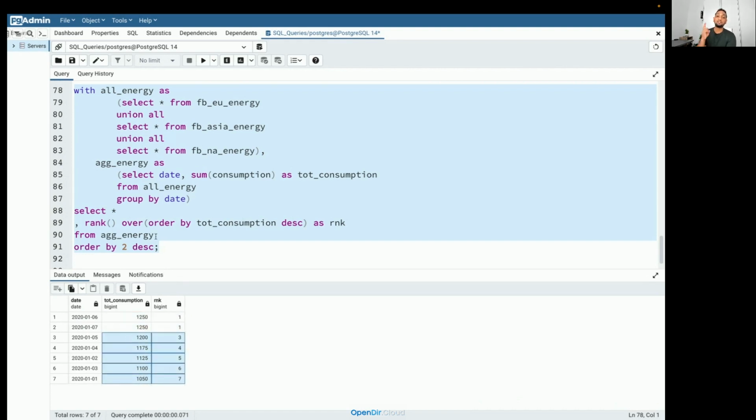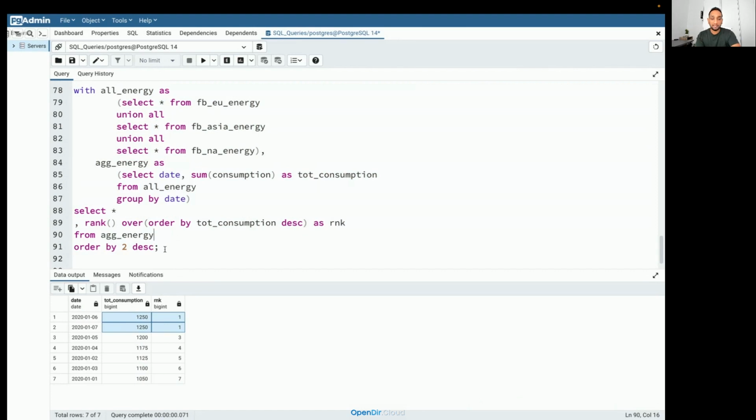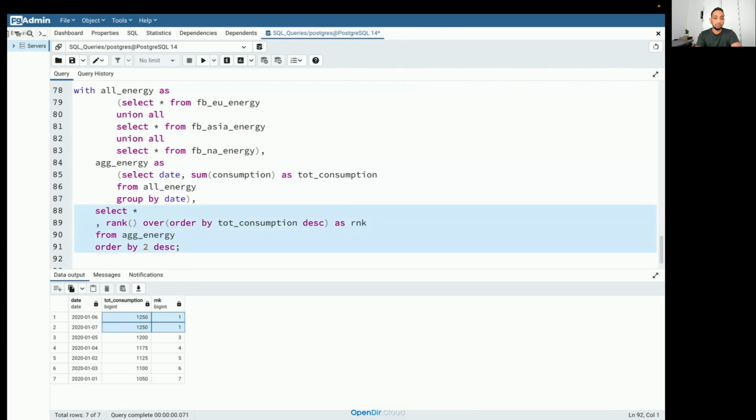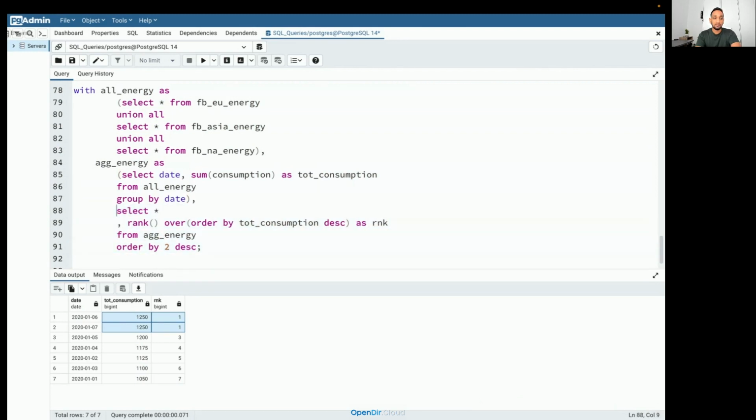I only want to fetch those records where the energy consumption was highest. How do I know where the energy consumption was highest? If I just fetch the data where the rank is 1, it should give me the data, right? So what I can do here is I can maybe put this into a subquery, but since I already have a with clause, I'll try to create another temp table here. So I'll move this to the right. Okay. And I'll open the bracket here. Well, okay, I don't need this order by here. In subqueries, it's not required to use order by clause.